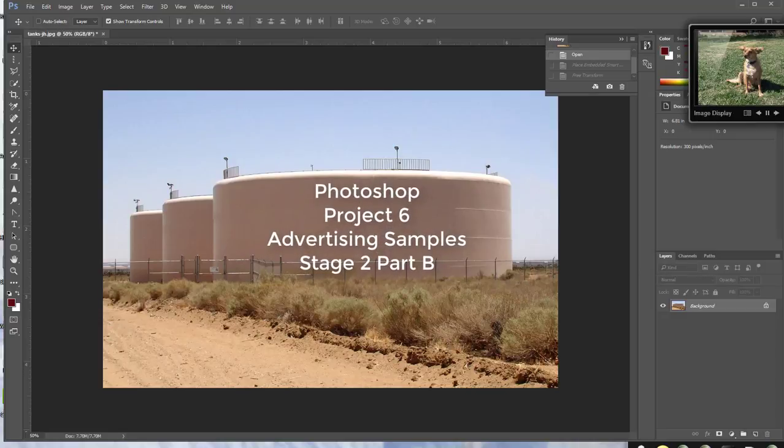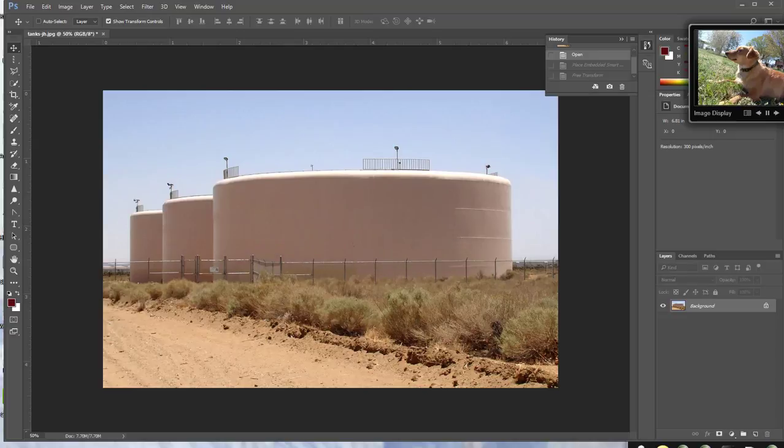Photoshop Project 6 Advertising Samples. We are in Stage 2, working in perspective, and we are picking up on page 350 with Warp the Sample